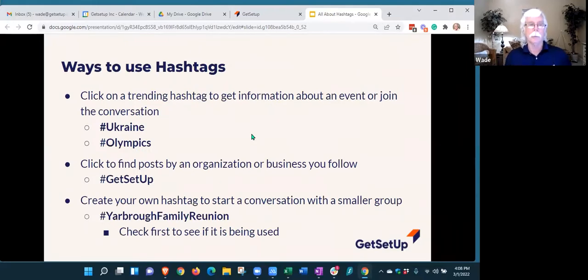And let's talk a little bit about ways to use hashtags. One way is to get involved with some trending event. And it may be some event that you just want to get information about. So it's basically an information gathering process. More often, you're actually wanting to have something to say about that event. So you can actually join into the conversation a couple of different ways. You can comment on posts that somebody else made, or you can create your own post using the same hashtag. So there are lots of ways to use them.